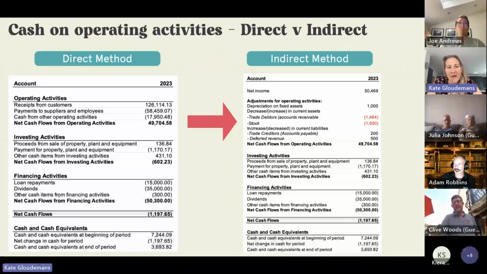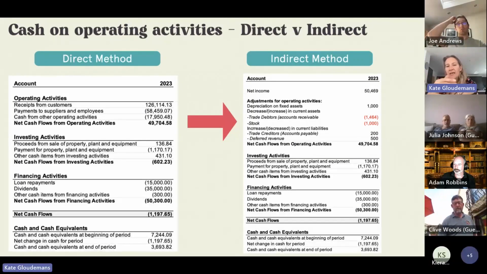Having said that, I use Xero in a lot of my accounts. The cash flow method they provide for people is actually a direct method, even though it's an accruals basis. And they do that because it's a much easier way for an individual business owner to understand where their money's